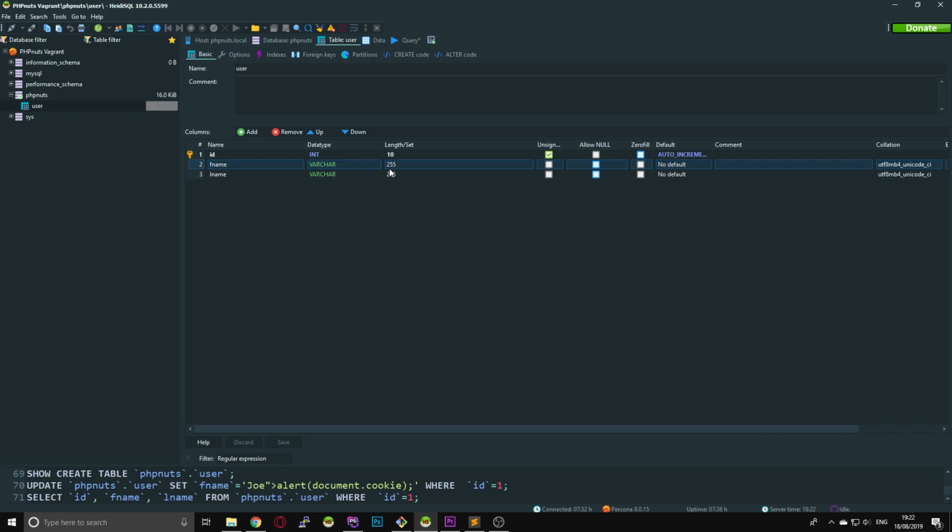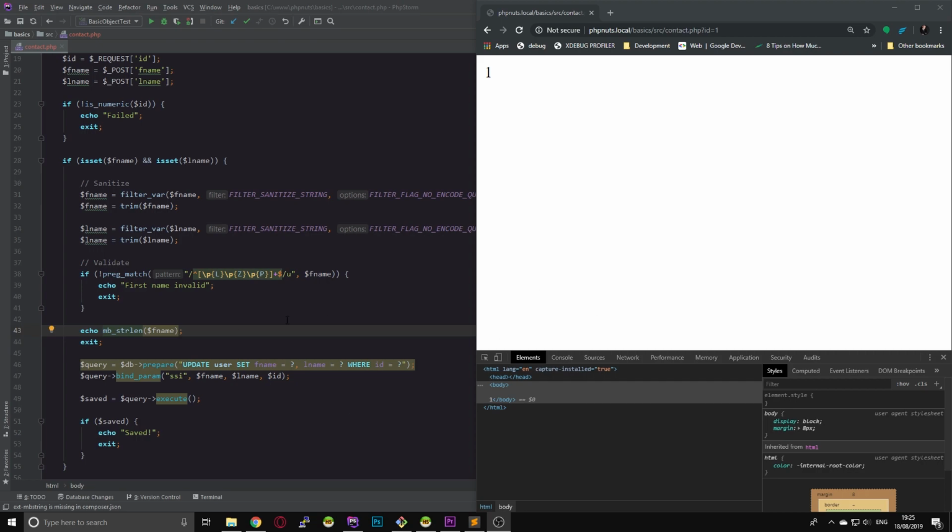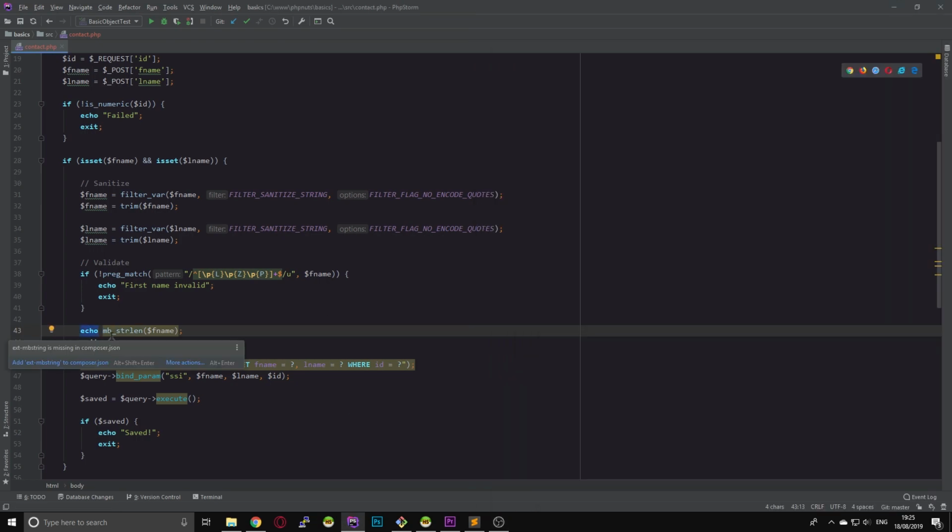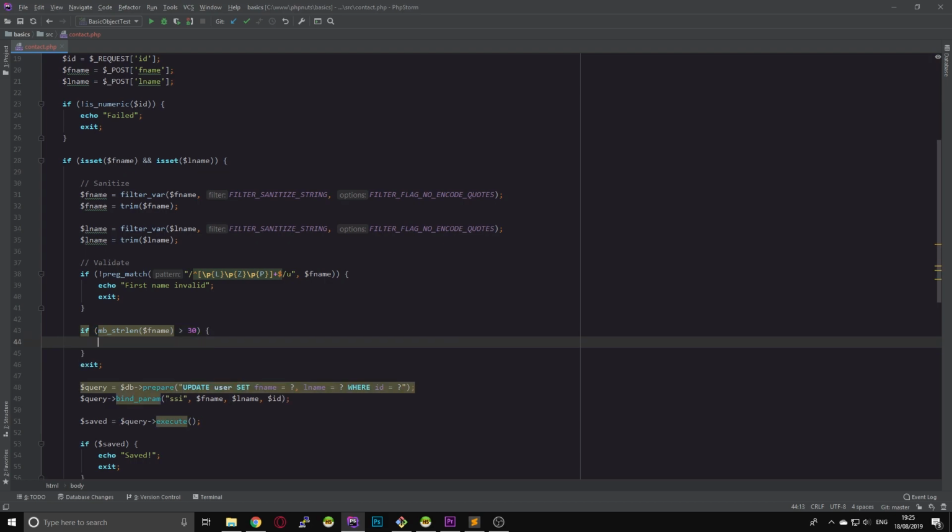But obviously Chinese names tend to be a lot shorter. So finding the balance is, just have more than you kind of need. And then in your PHP, you would have shorter lengths than you would in your database. Okay, with that in mind, we can actually change our echo here to an if. So if MB string length is greater than, let's say, 30 characters, because that's a fairly generous size, echo first